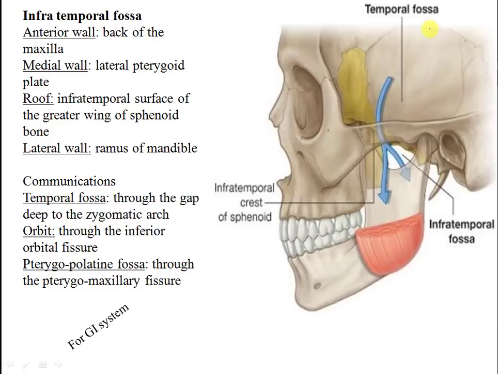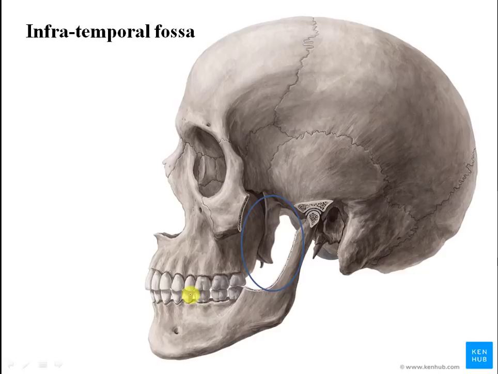Now, last time we talked about the fossa located here at the side of the skull, the temporal fossa. We said it's located above the zygomatic arch, and below this fossa, deep to the mandible, we have the infratemporal fossa. So here the zygomatic arch has been removed and part of the ramus of the mandible has been removed to